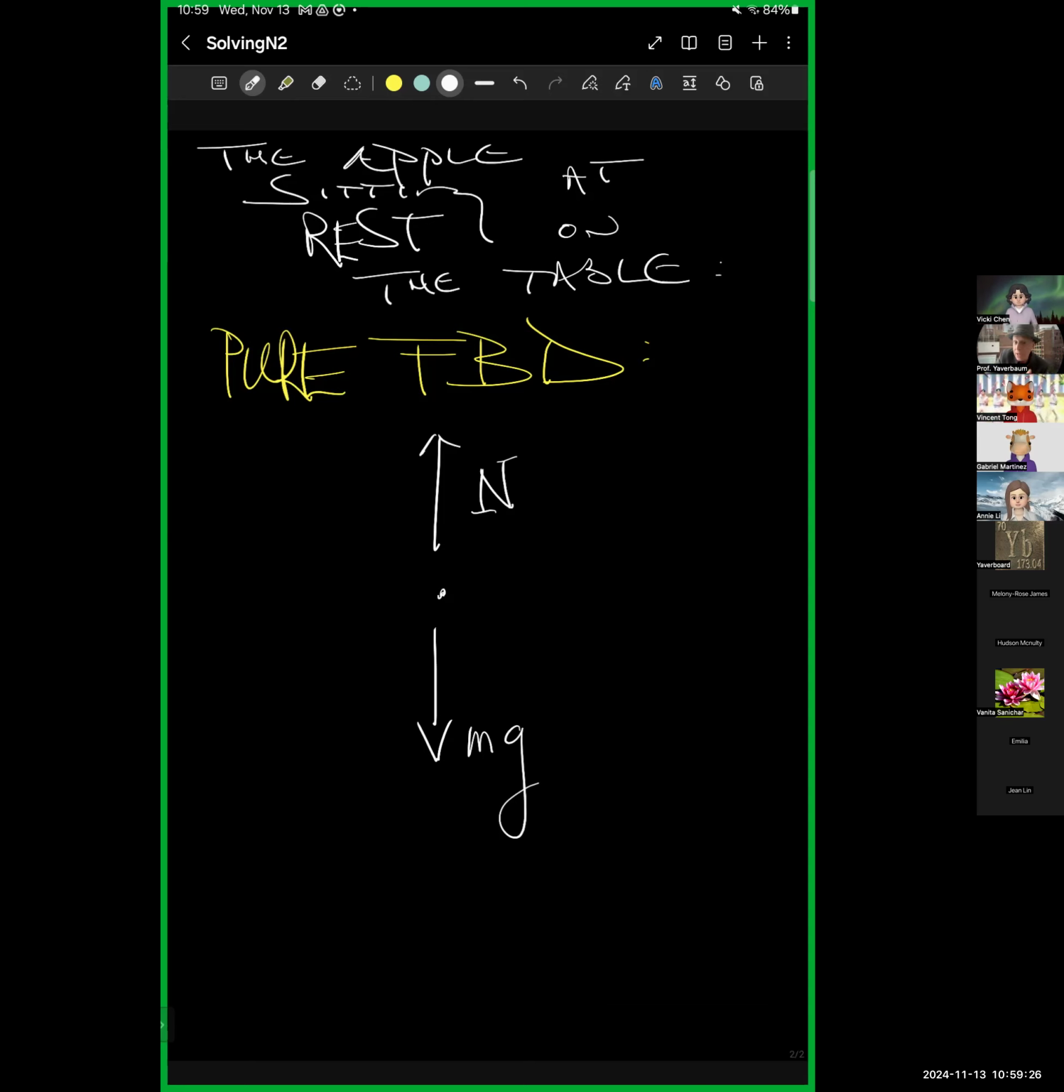So this is the diagram. You got the upward force of the table pushing the apple. You got the downward pull of planet Earth pulling the apple. That's the pure free body diagram. Then the question asks,